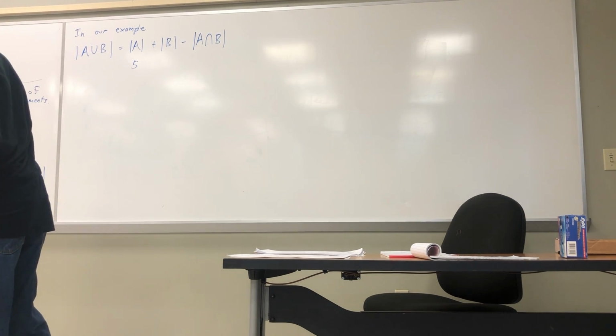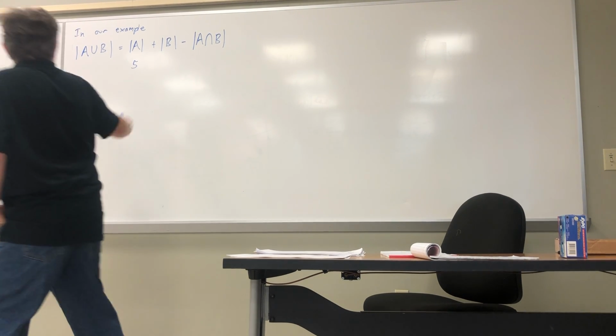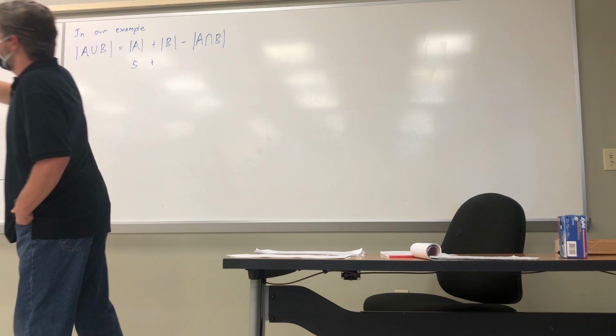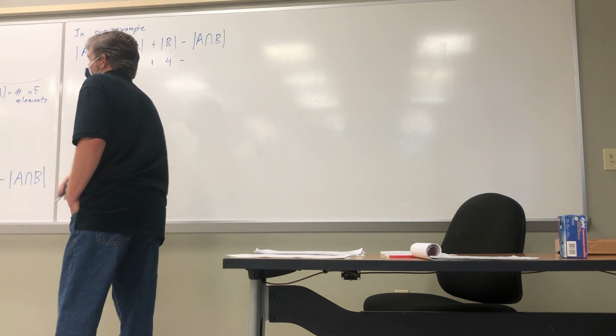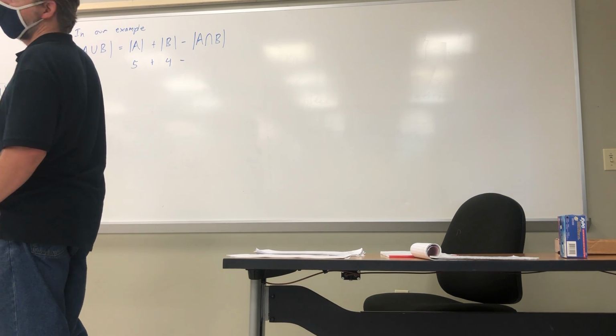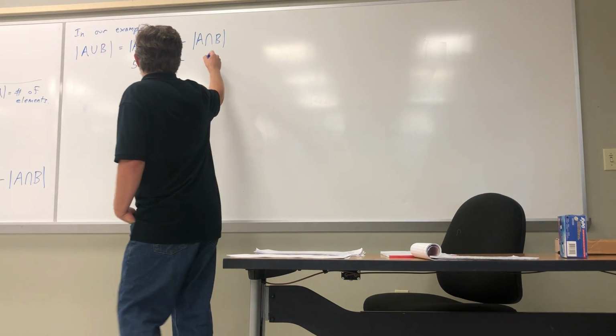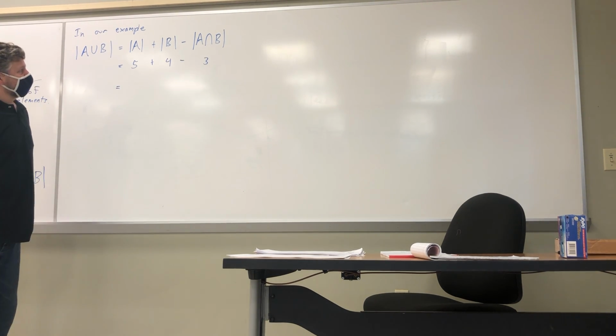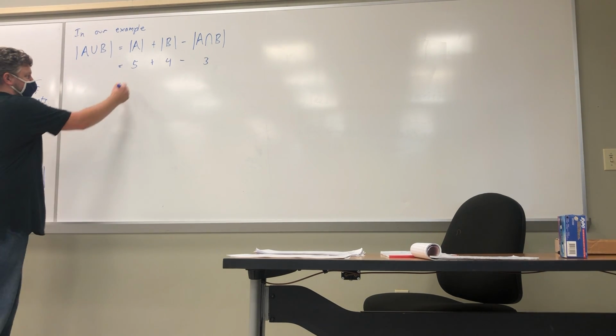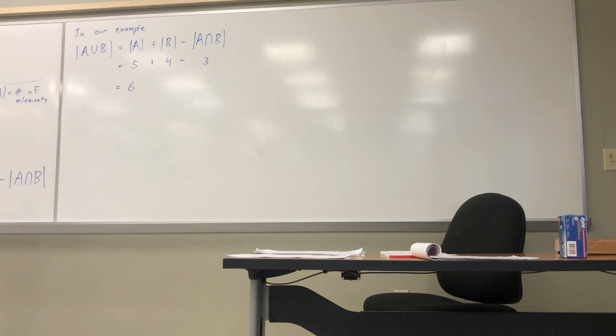Just looking at A, there's 5 things in there. And in B, I gave it over there, there's 4 items. And in A intersect B, there's 3 items, x3 and 2. So that does come out to 6. That's good,